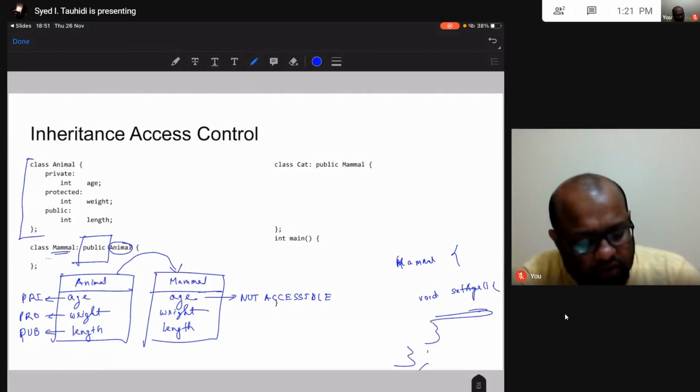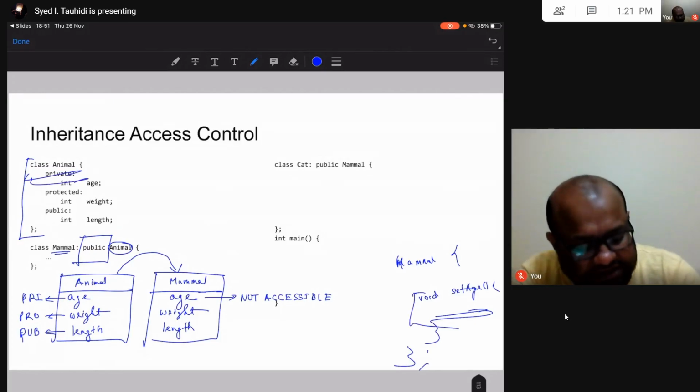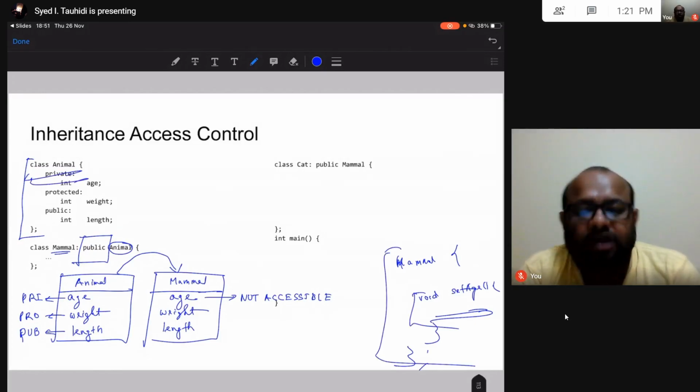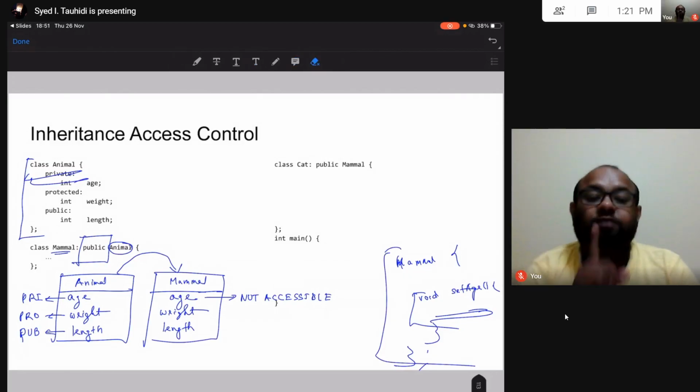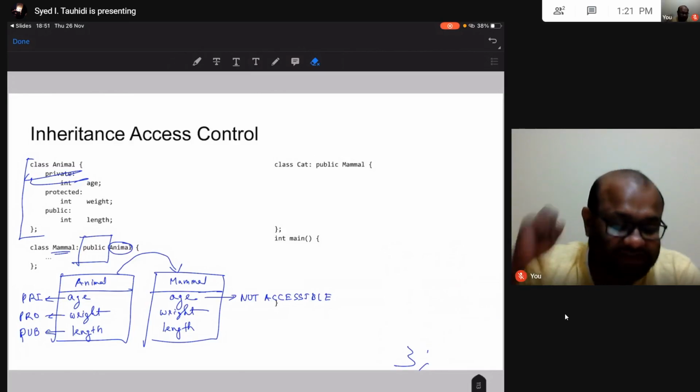But I know that this age, which is private in animal, I cannot access inside my mammal class. So age is not private inside the mammal class. Don't make that mistake. Age is not accessible.